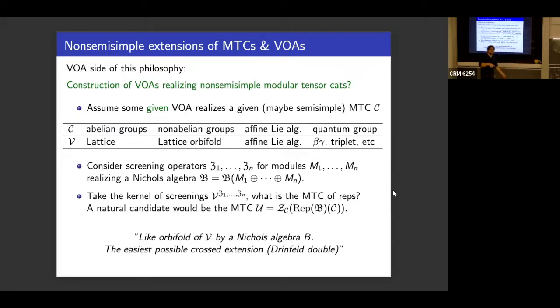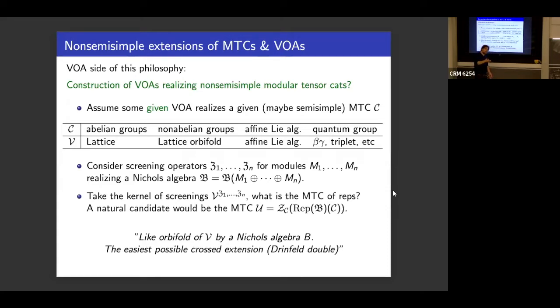So the idea is it's like an orbifold process by non-local screenings. So if you want to get intuition, I would think you go in 2 steps. You first say not group orbifold, but Lie group orbifold. Then Lie group orbifold should be expressible like a Lie algebra orbifold, right? I don't have to talk about Lie group, it's just a Lie algebra with the screenings. So orbifold by local screenings, and then you have somehow something very close. You have like a category which is, I mean, it's not graded by the Lie algebra, right? But something like that. What I had on some slide, I want some infinitesimal version of this inner correspondence.